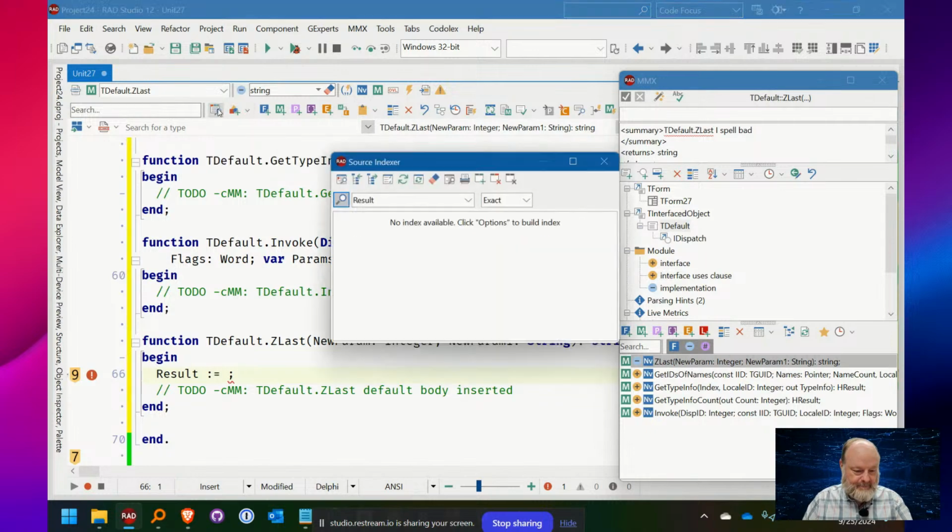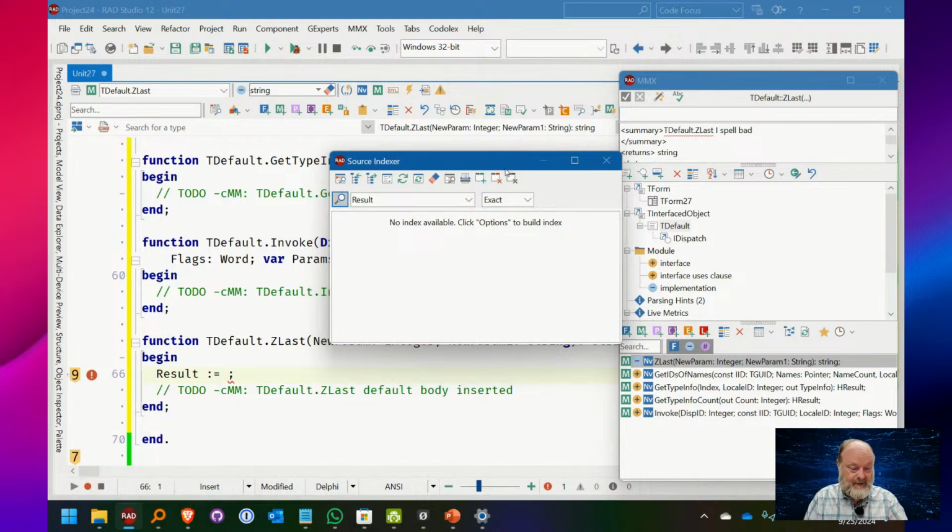There it is. This is the source indexer. This was the thing that I originally started using MMX Code Explorer for back in the day. Windows has the built-in Windows search, but oh my goodness, I keep having trouble with that. I like Everything, highly recommended by Void Tools. Everything searches file names. This one searches inside of them. I know GExperts has a grep utility, but the problem is if you have a lot of code you're searching regularly, it's slow. This one builds an index.